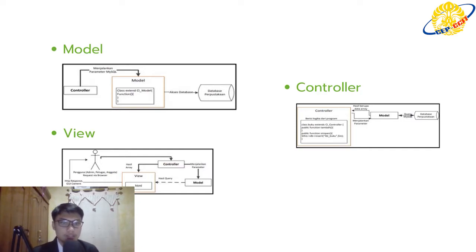The view structure is the information that is displayed to the website visitor. This structure doesn't really contain code logic, but only contains variables that hold data that are ready to be displayed. And the last one is the controller, which works as a connector between the model and the view. The structure contains classes and functions that process requests from the view to the data structure inside the model. And the last step of the waterfall model is the code.